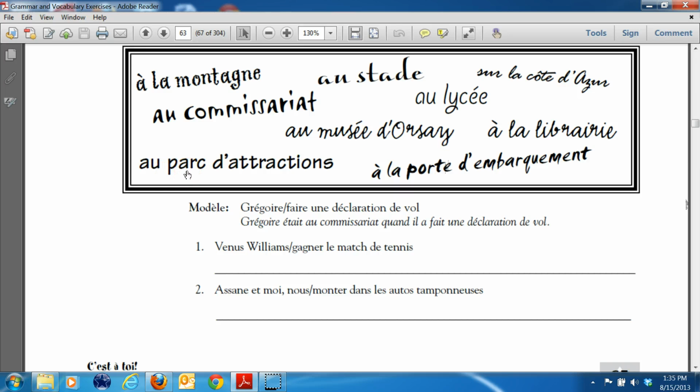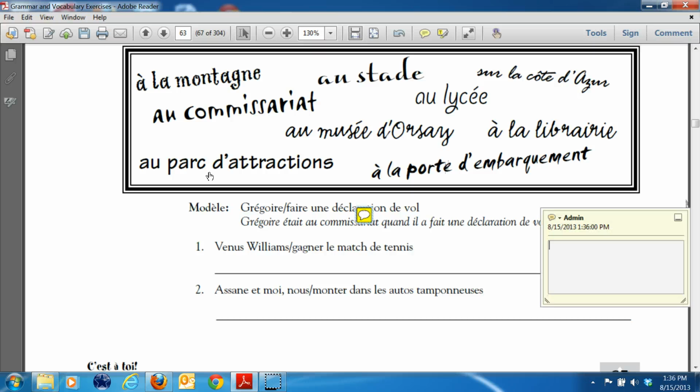Now, where would Venus Williams be? Well, she's a tennis star. So let's see. Librairie, Lycée, Montagne, Parc d'Attraction. So she's probably somewhere where she has to play sports. So more than likely she'll be in the stadium. So we would say Venus, and then we would say était, because they're saying was. Right? She was at the stadium